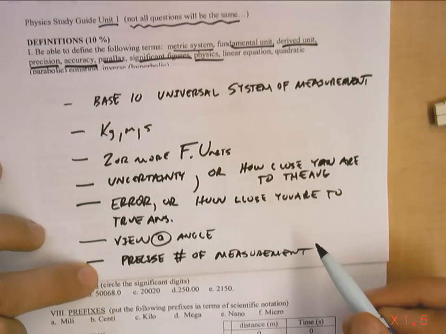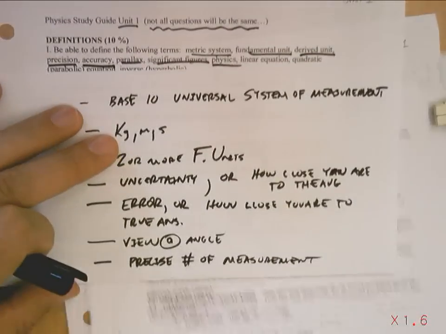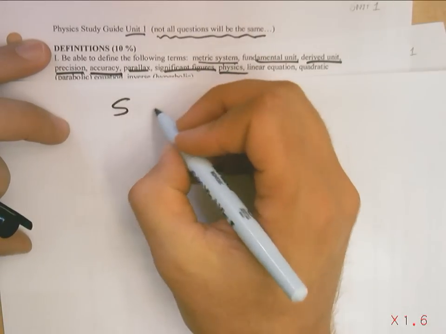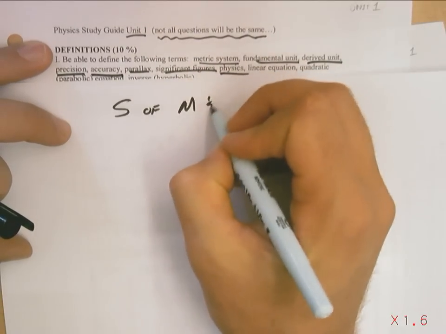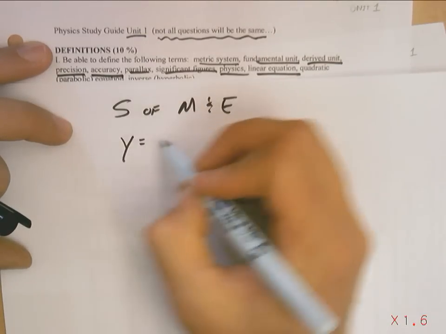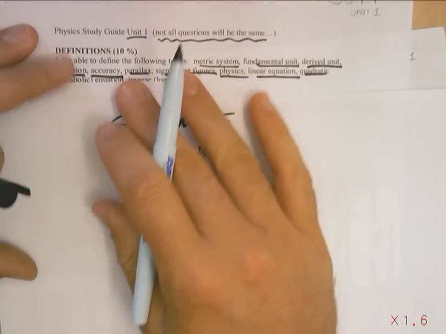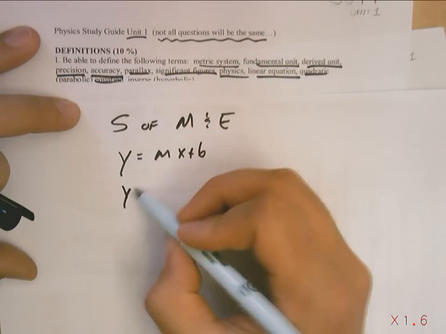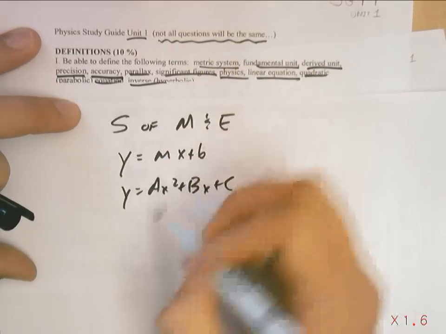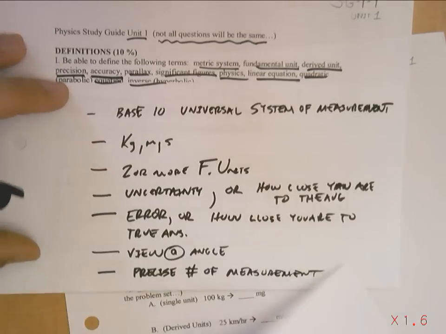Physics, I don't even know if I need to define that one, but I will. So physics is just simply the study of matter and energy. Linear equation, y equals mx plus b. Quadratic equation, or parabolic, is y equals ax squared plus bx plus c. And inverse is y equals a over x. So these are our definitions